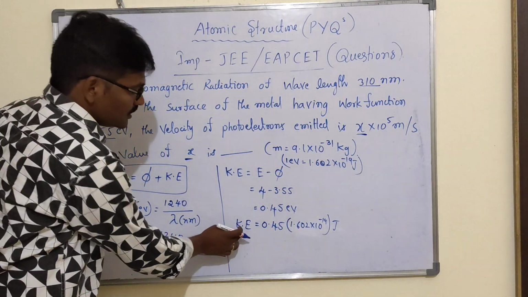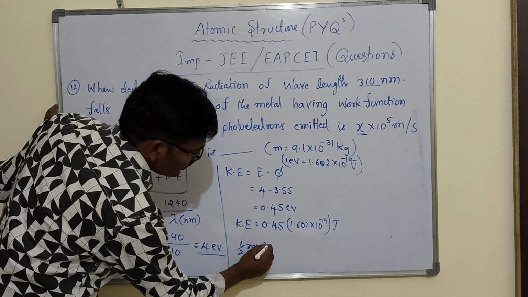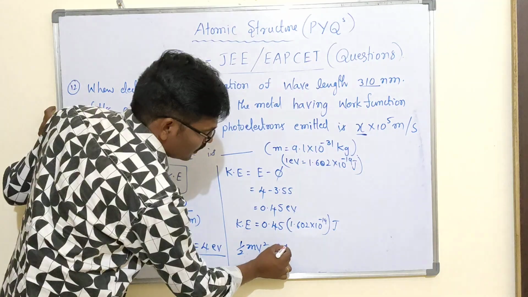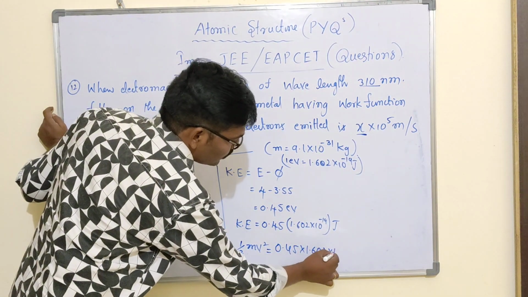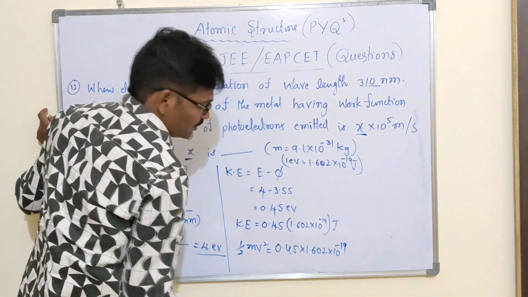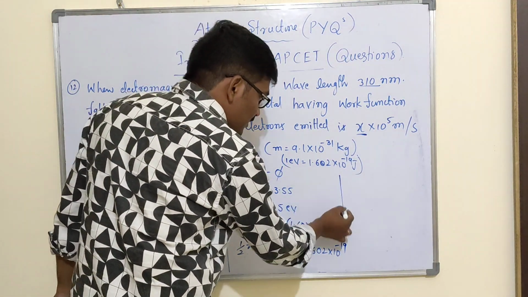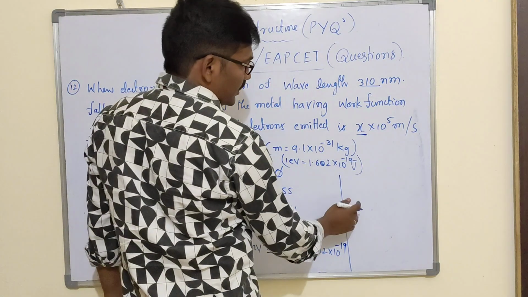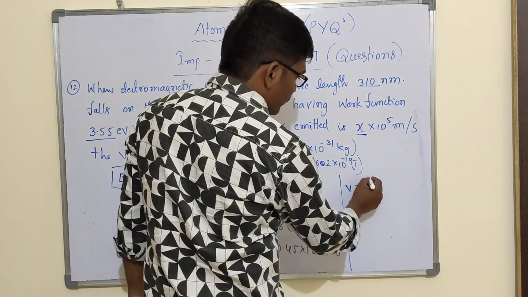So kinetic energy is nothing but half into mv square. It is equal to 0.45 into 1.602 into 10 to the power of minus 19. You got it, right? Then velocity is required. Velocity is required, so velocity is equal to square root of